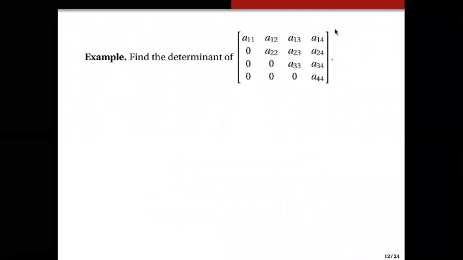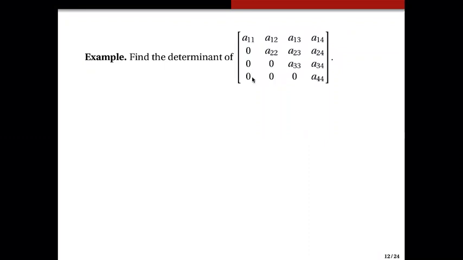Okay, next example. Here we have a triangular matrix. We want to find the determinant of this triangular matrix. Let me label this as matrix A. So using our tip, this column here has plenty of 0s, so let us use that first column. The determinant of A is equal to the entry A11 times negative 1 raised to 1 plus 1,